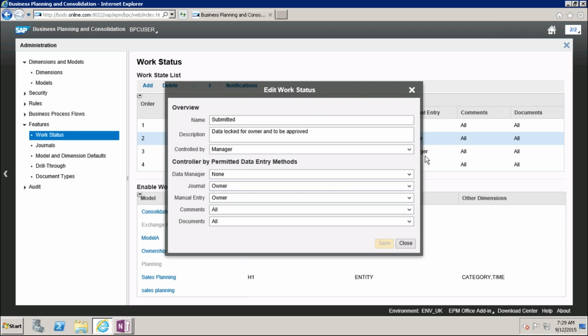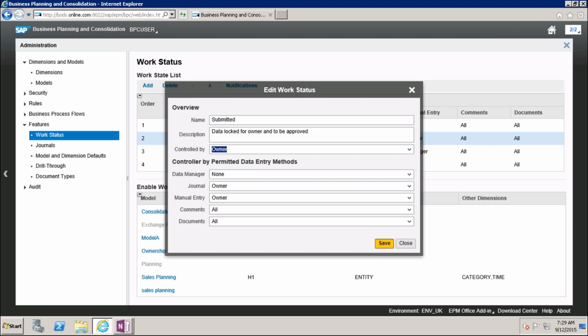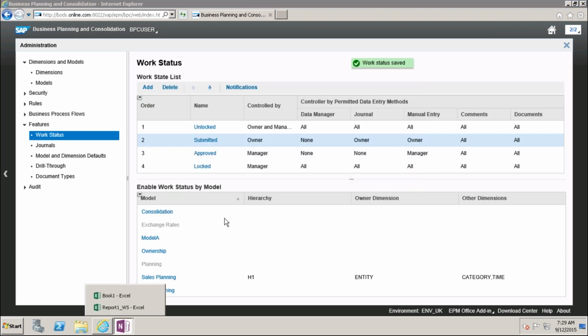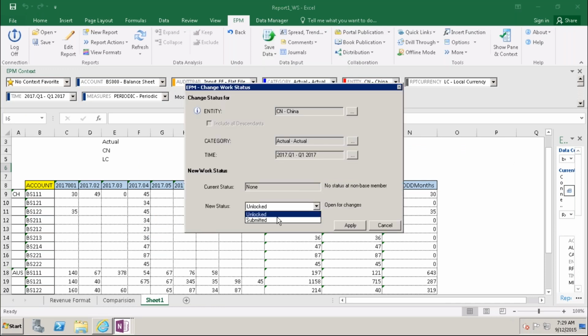Controlled by manager. Controlled by owner. Save. See here, submitted.